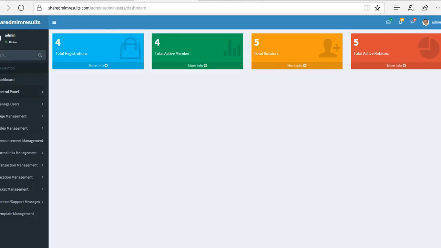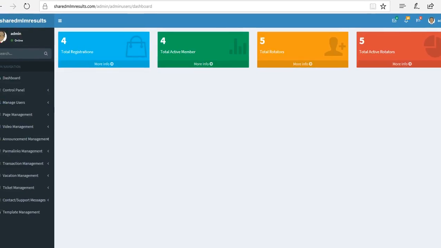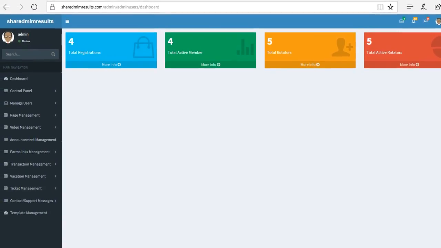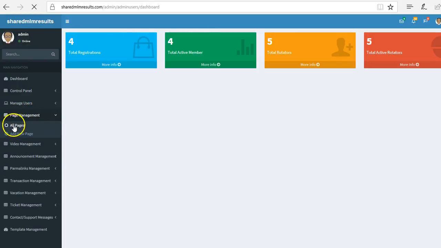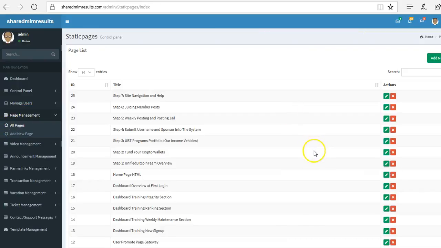So you're going to run into a dashboard like this. Let me move it a little bit to the left here so you can see all the options. Okay. So this is kind of an older school file manager here. But what you want to do after you first log in is go over here to the menu and click on Page Management, All Pages, and then you're going to be confronted with a number of pages here,